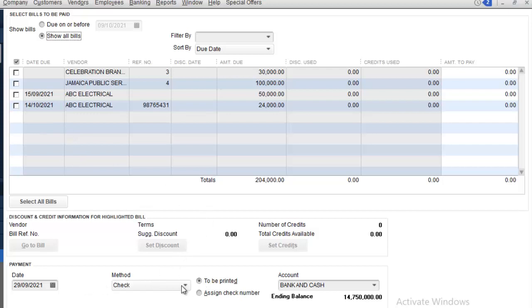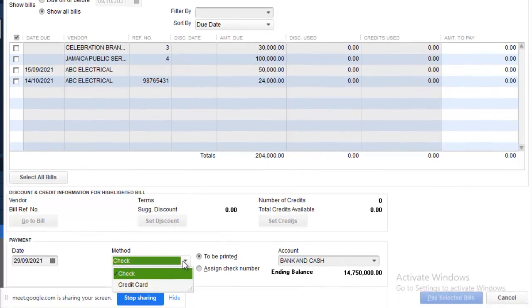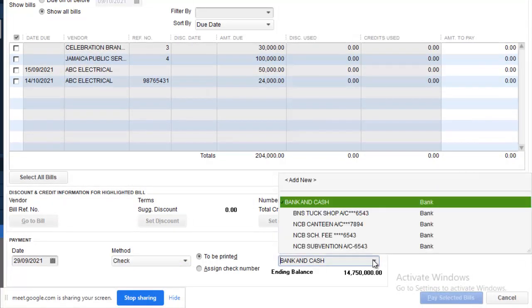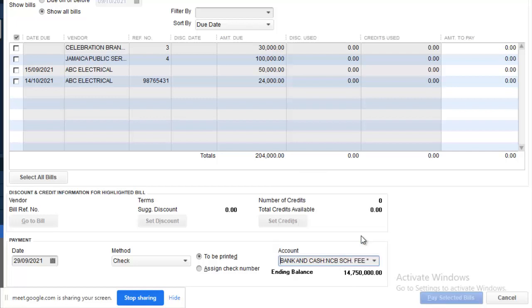And here you can select your payment method, and you can select the bank account that you are going to be using to pay the bills. So let's say we are going to pay ABC, and it's the school fees account. We're going to select the school fees account,